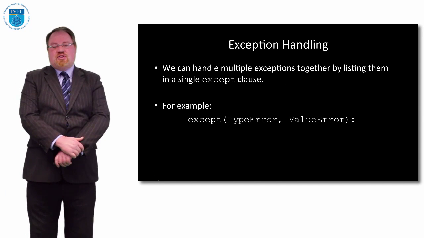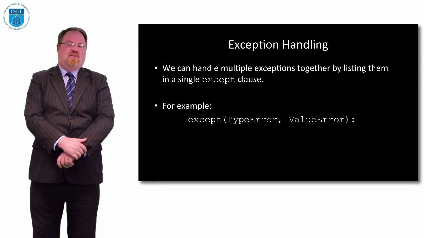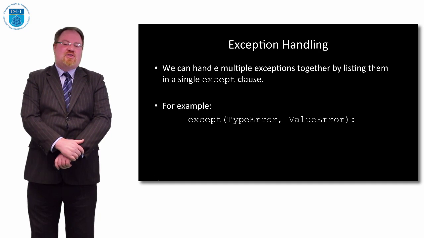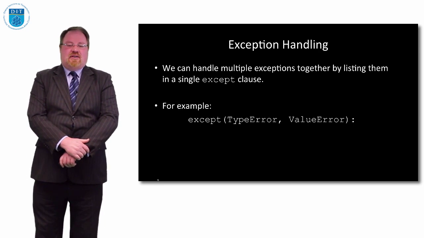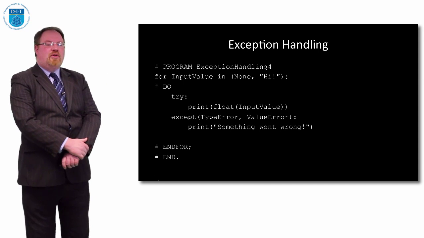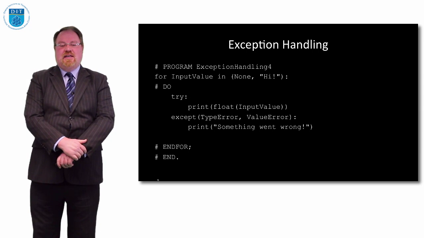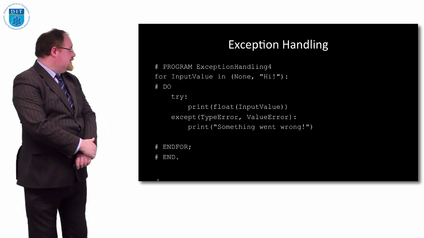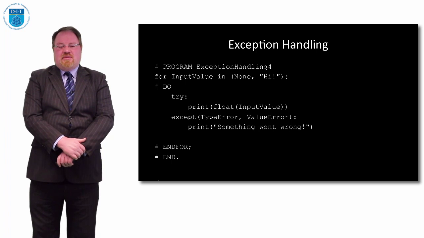We can check for multiple exceptions together by listing them in a single except clause. So if we do except TypeError or ValueError, then we can catch either of those types of errors occurring. What does that look like? Well, in this case, we're reading in a value, input value, and we're trying to print out the float of that. And if either a TypeError or a ValueError occurs, it'll say something went wrong. So in this case, what I've done is, just to make it easy,